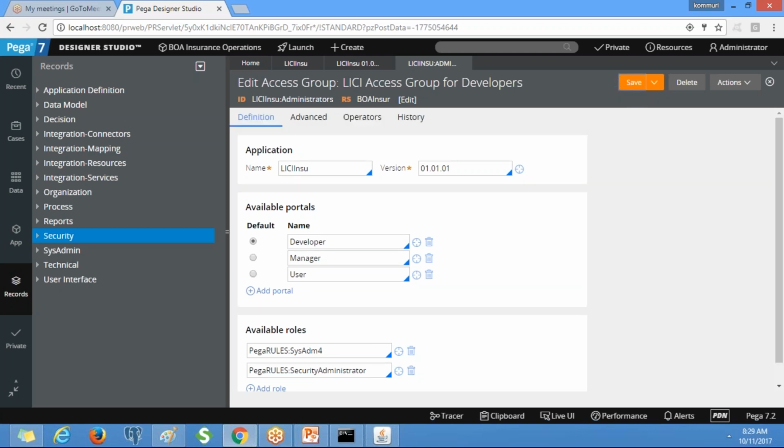So we have created the access group, right? Next, we need to create an operator. Put the heading: create operator.